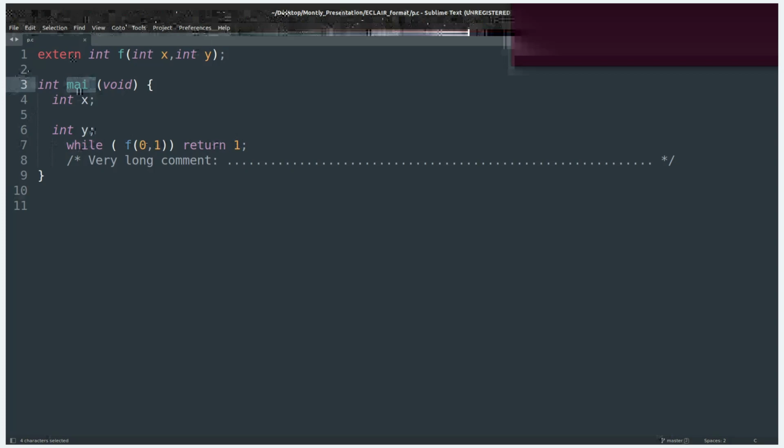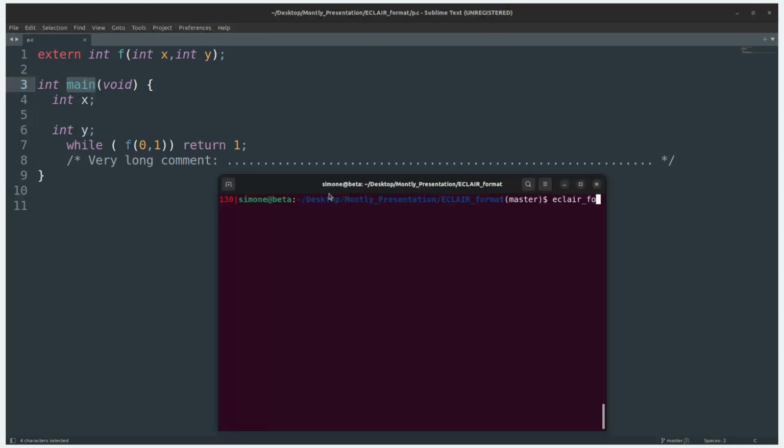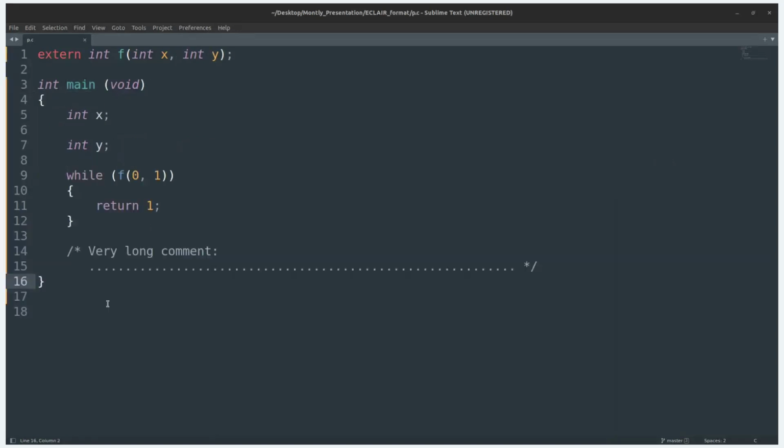I have just to call ECLAIR format and provide the name of the file that's in the same directory, and its name is b.c. Okay, no errors, and now we can see that the code has been rewritten to comply with the coding style written by Michael Barr. So now we can see that we have the space, the indentation has been fixed,